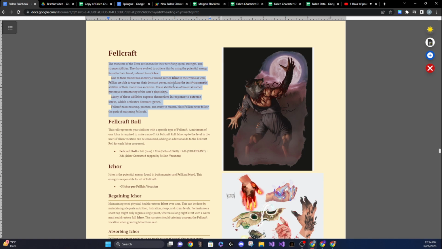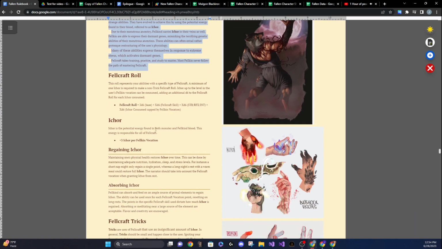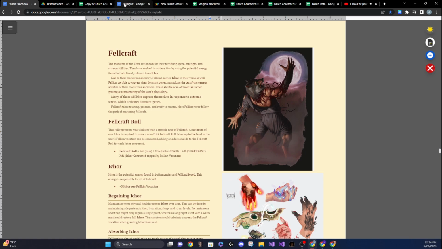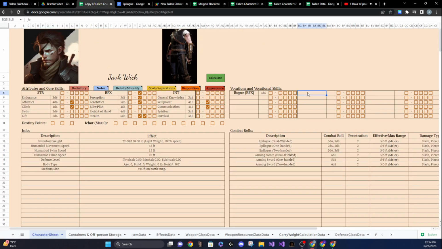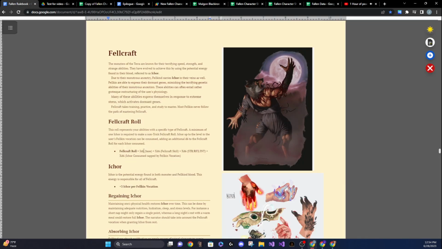My character is not Fellkin, so he's not descended from these monsters that bow to this deity that descended upon Terra, but just for the purposes of this, he's going to be. So we're going to do Fellkin here. And since the vocation, I can tag it with strength, reflex, int. And I know that because over here it says that this scales off of strength, reflex, and int,